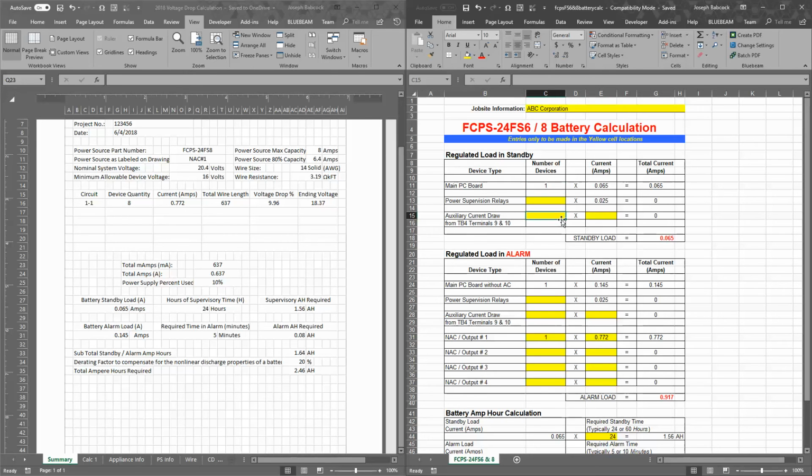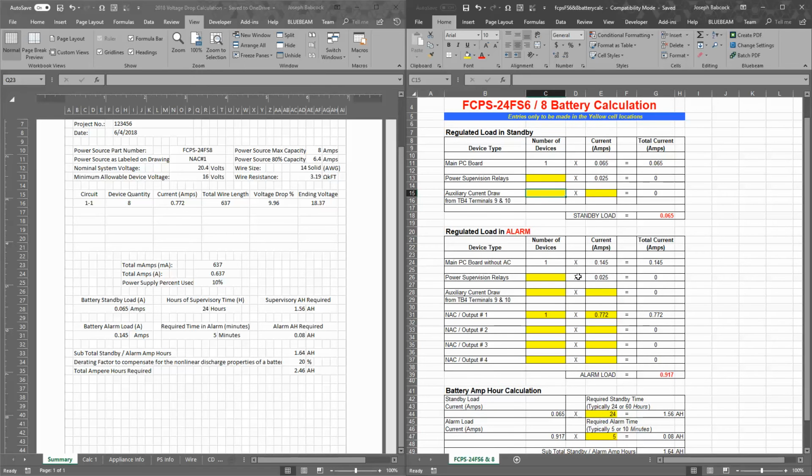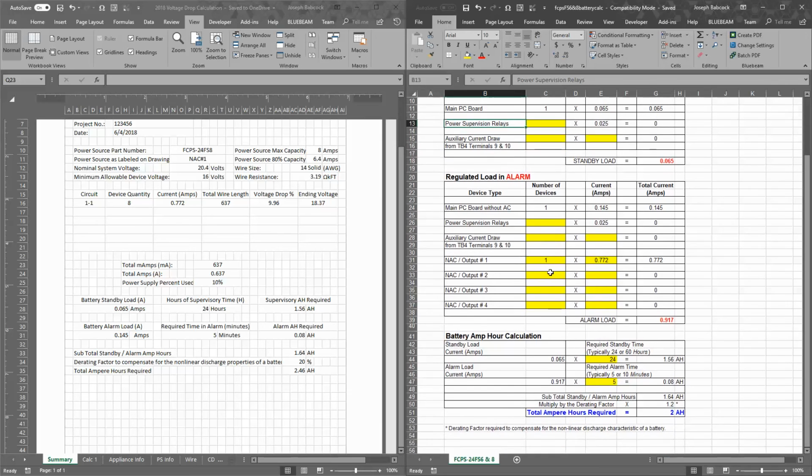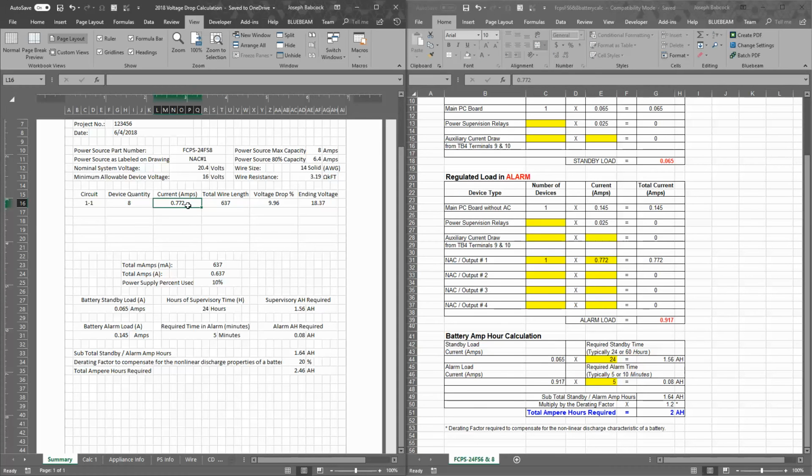These we don't usually fill in unless we're doing something that needs auxiliary current draw or supervision. The only cells that we typically manipulate here are our NAC output 1 through 4. So I usually do 1 as far as number of devices and just add all of the milliamp draw so that we show 1 full circuit of 0.772 amps. We show that here,